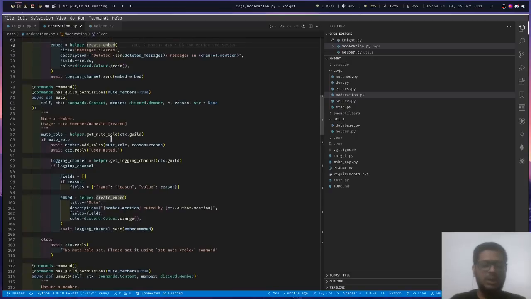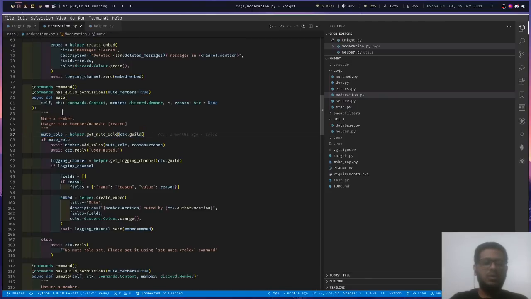So basically, a mute command is done by giving a particular role, which is called the mute role, to the user. Mute role permissions are set in such a way that the person with the mute role cannot type in the channels. So first we will get the mute role, which is stored in our database.